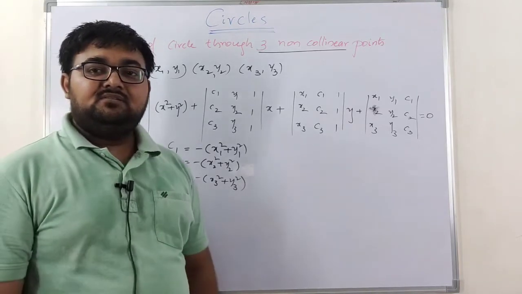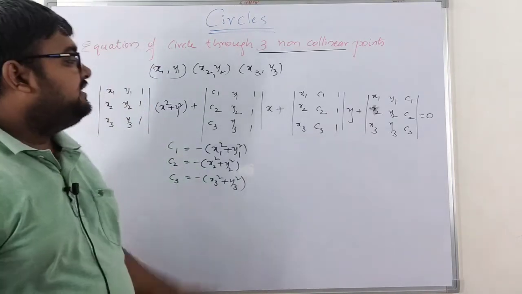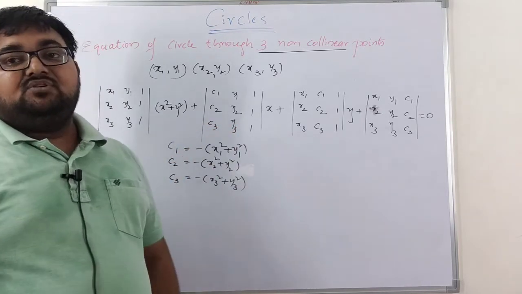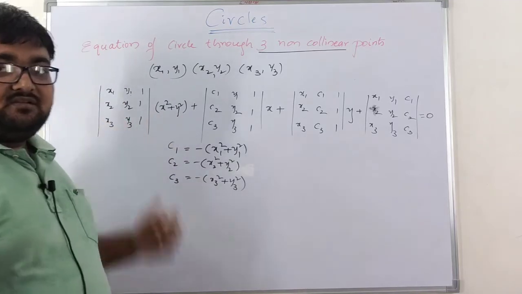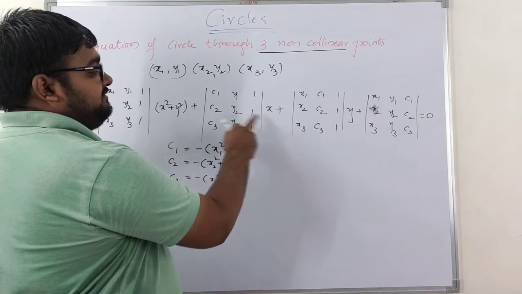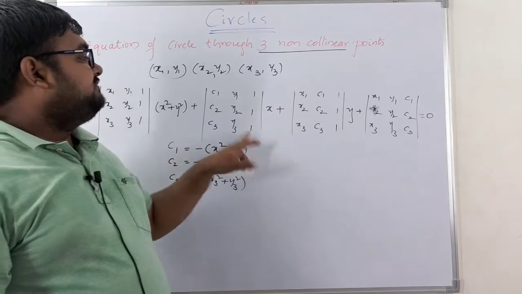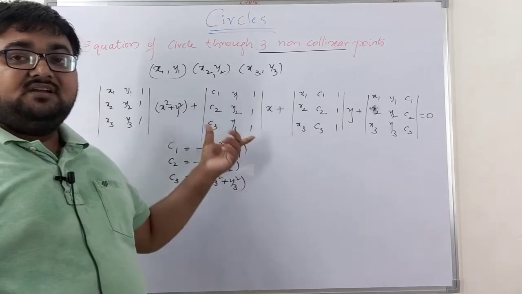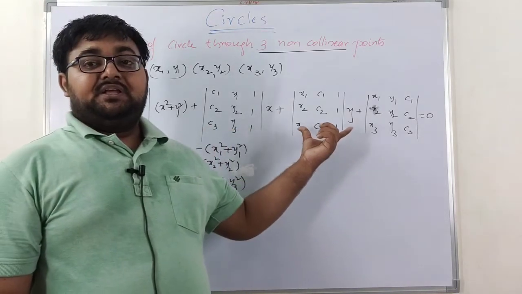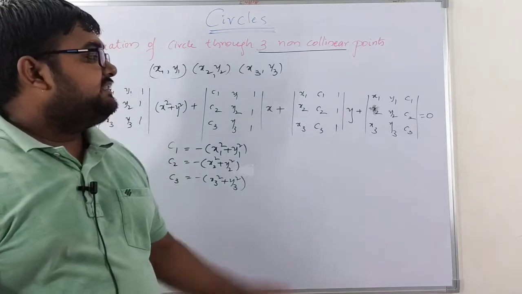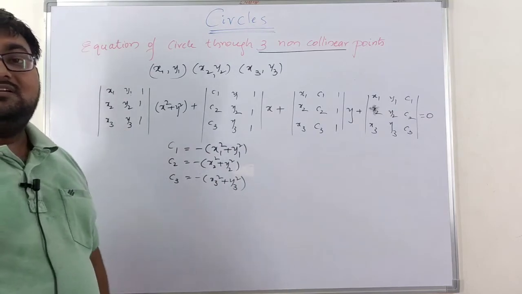So already we know that when we are having the equation, the center is given by minus half of the x coefficient, but here the x square and y square coefficient is not 1. So what we should write then? It is nothing but minus x coefficient, that is C1, C2, C3, y1, y2, y3, 1, 1, 1 divided by this particular value. The same way, the y coordinate of the center is minus of this by 2 times of this, right?